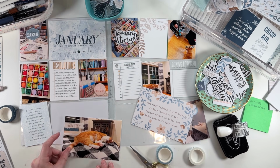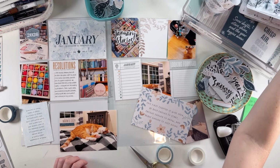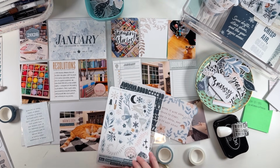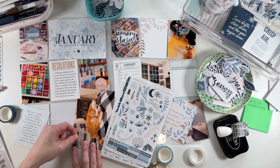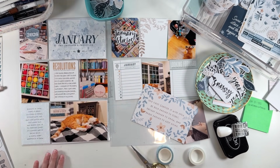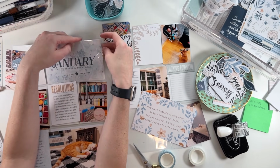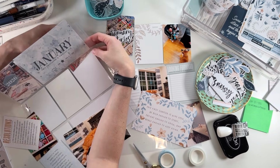I love that it's always a free day off of work, and I like starting the year out fresh with my goals, my new planner, and I always put away Christmas on the 1st. So I journaled about that and kind of how I approached the 1st this year and how happy I was to kind of have that fresh start in my house of all the Christmas stuff getting put away. So I have a couple of photos from that. I have the photo of my Christmas ornaments going back in the box, and then a photo of my bookshelf there that has